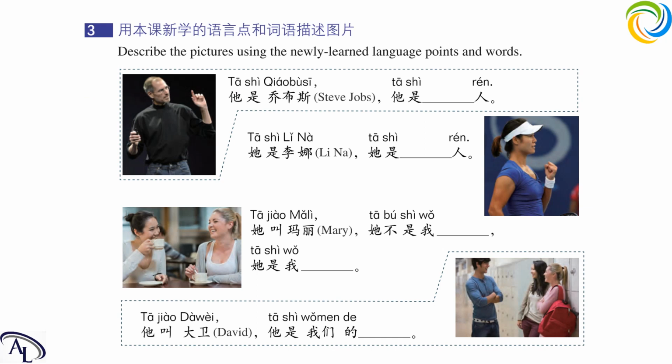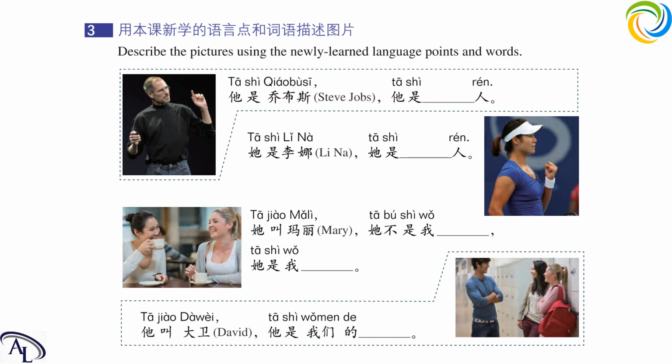And 他是什么人？He is from America, so America is 美国人。Very good. 美国，美国，他是乔布斯，他是美国人。